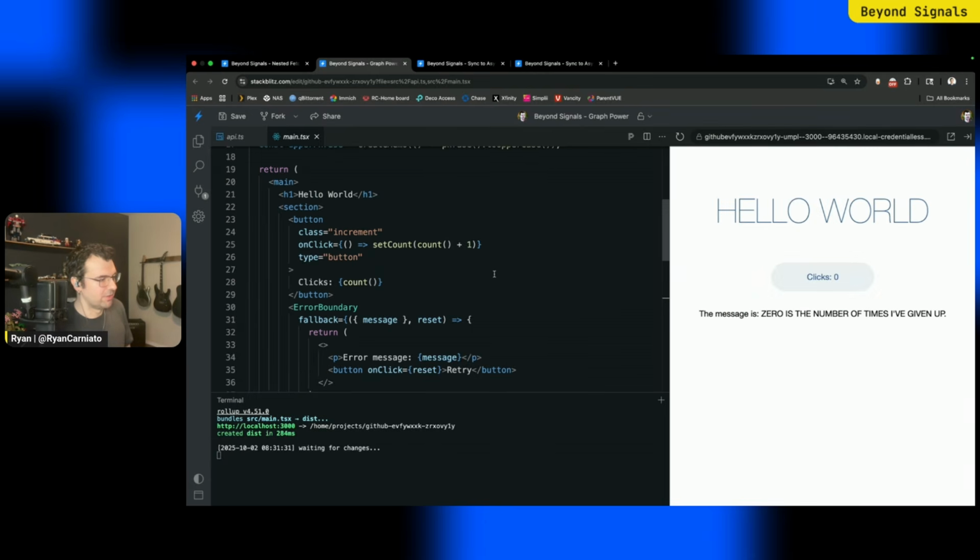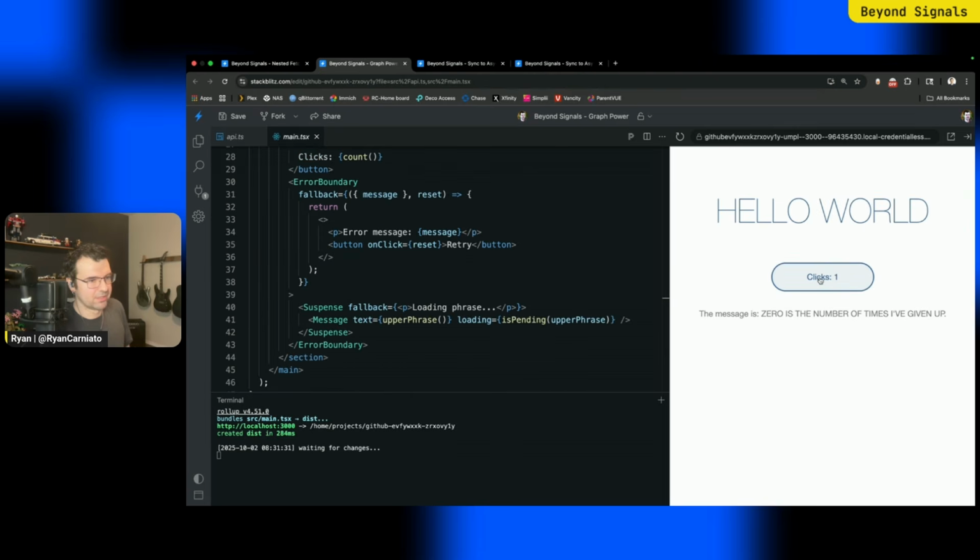Now, what we're going to do here is we're going to click on it until it errors, which 30% of the time it should error. Sometimes we get pretty far without it erroring. Come on, error. Oh, damn it, I went too fast. Okay, that's fine, we're here. So we get the error message: random async error. Now, you notice that the error boundary has a retry. What do you think happens when we click this retry button?